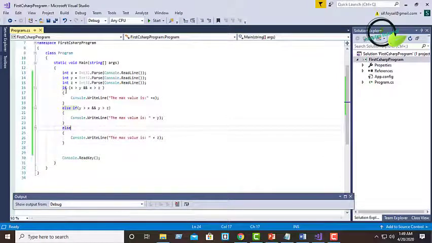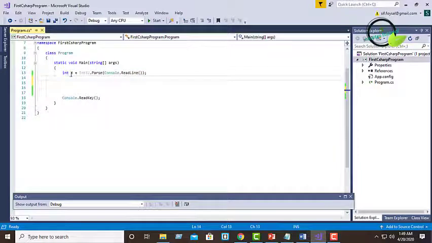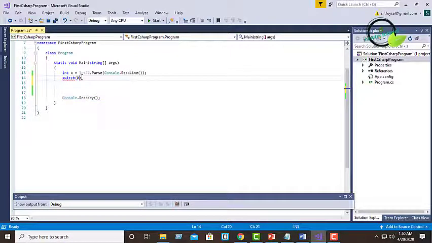So now we will see a switch case example. So here I am taking an input from the user and I will pass it through a switch.